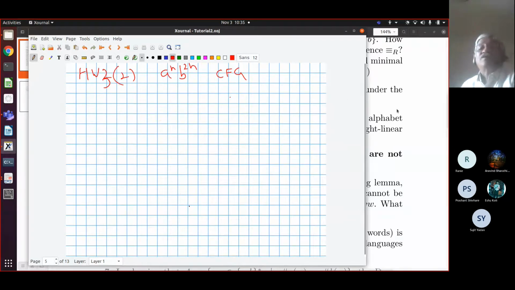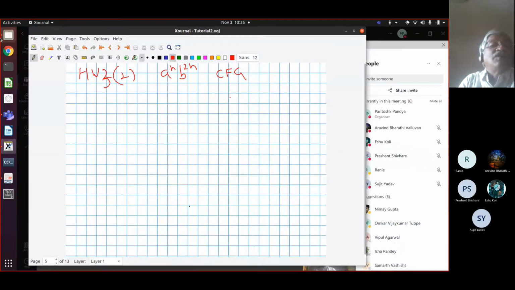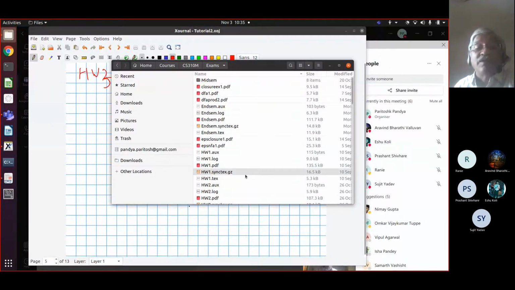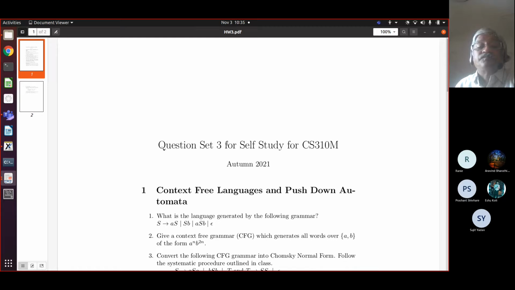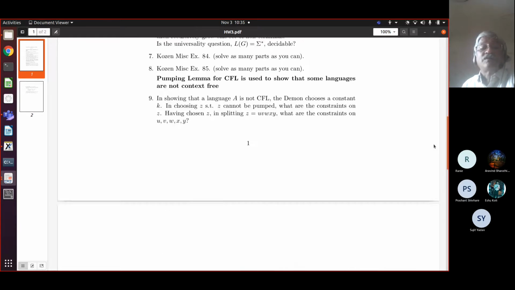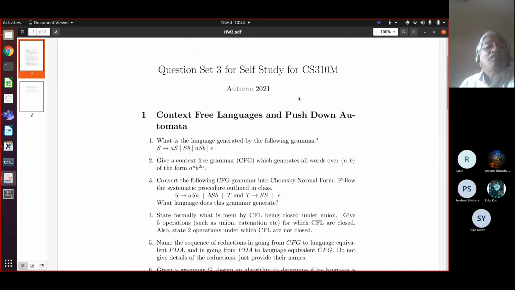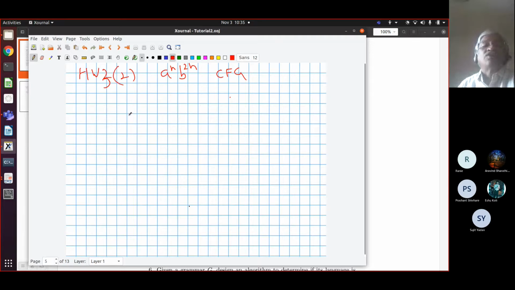Next, homework 3. So I will remove this and open homework 3. Okay, homework 3. There are 12 questions. By the way, if you study this homework and practice questions, go over the quiz questions and go through the class material a little bit, I think you should be able to crack 80% of the end sem. And there will be some thinking questions. So it's in your favor to do this.